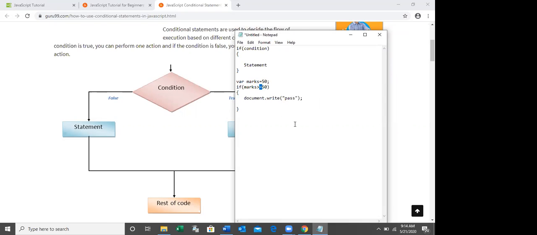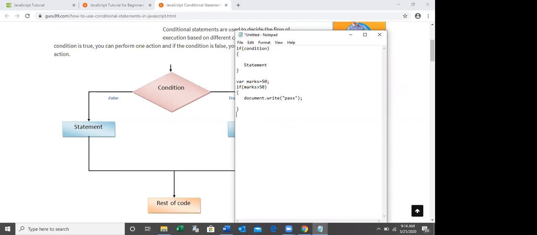If I put greater than only, this statement won't be executed, because the condition is false: marks is 50, and I'm checking whether marks is greater than 50. So this statement won't be executed. This is the single if statement, right?